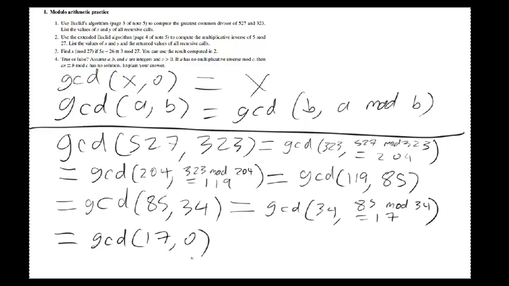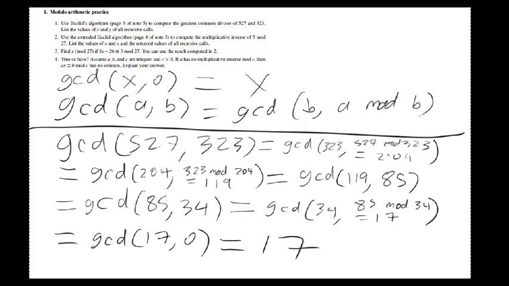And now we're done applying our mod rule. We can use our base case rule. One of the arguments here is 0. That means the GCD is the other one. Our GCD is 17. For all of these pairs, for the pair 527 and 323, for the pair 323 and